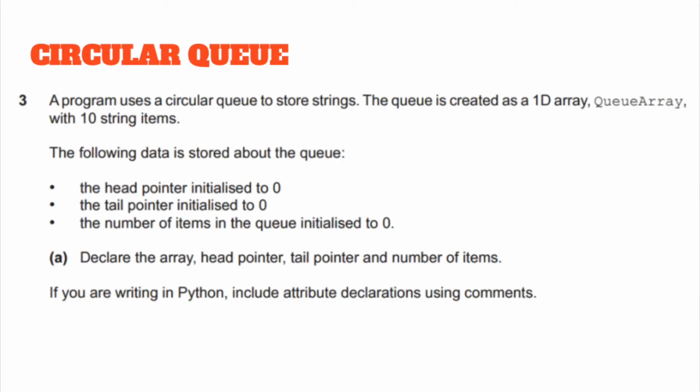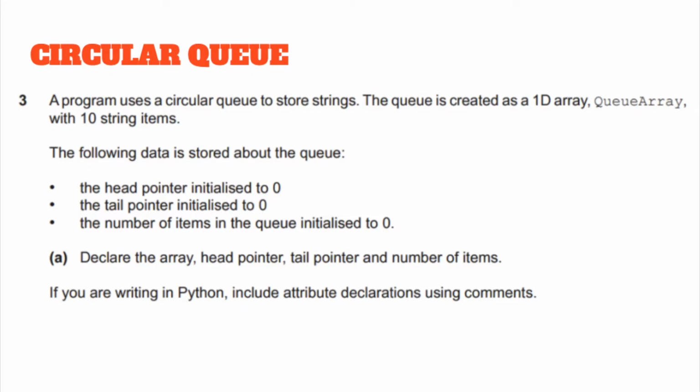Now have a look at this exam question on a circular queue. A program uses a circular queue to store strings. The queue is created as a 1D array called queue array with 10 string items. The following data is stored about the queue. The head pointer is initialized to 0, tail pointer to 0, number of items in the queue is initialized to